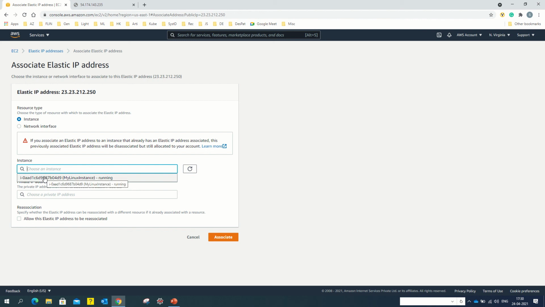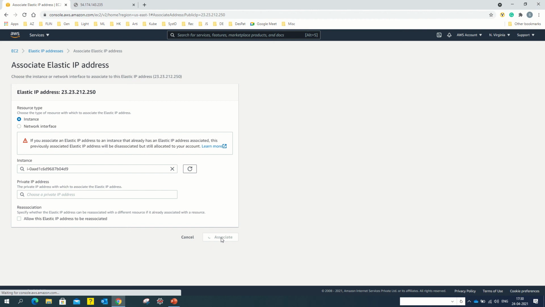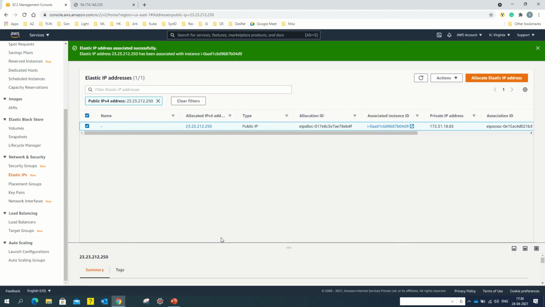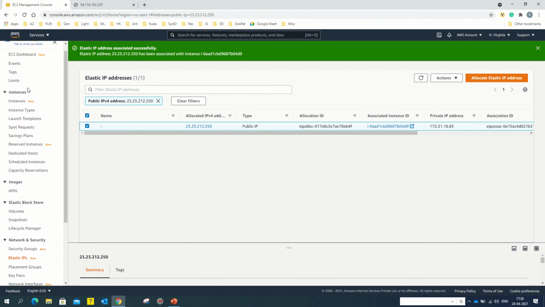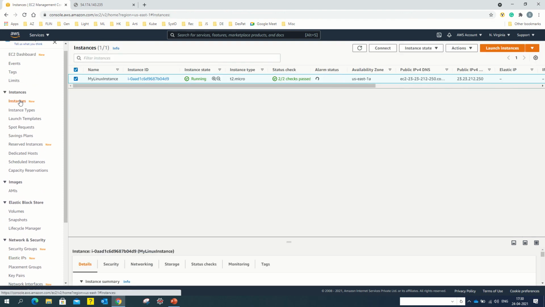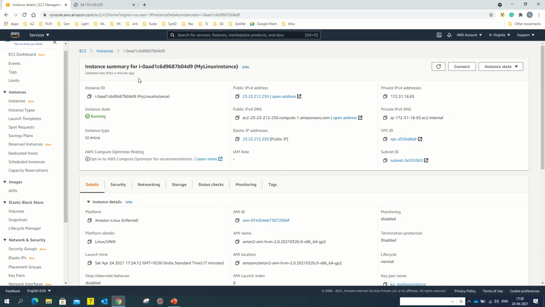I select this option and say associate. Now let's go to my EC2 instances and click on the instance details, and as you can see, I'm able to successfully associate an elastic IP address. I'll copy this.